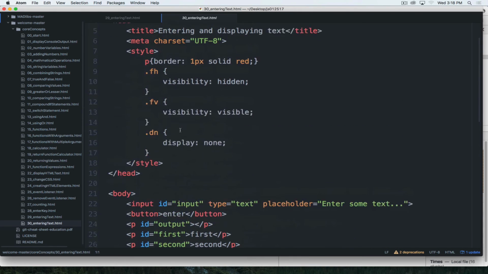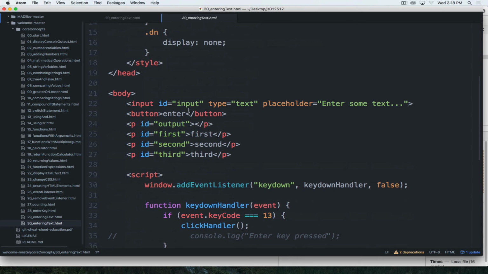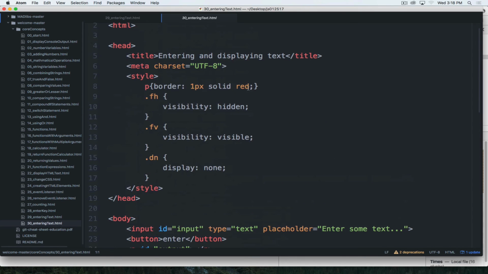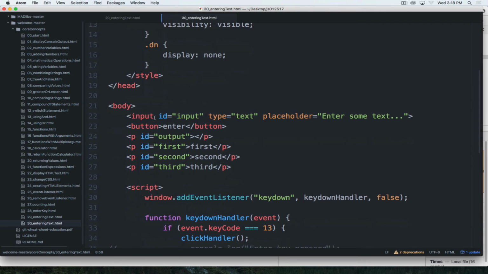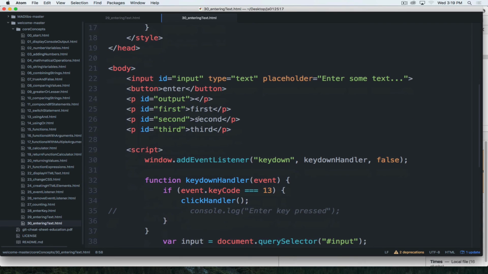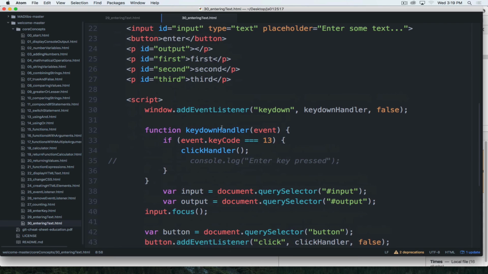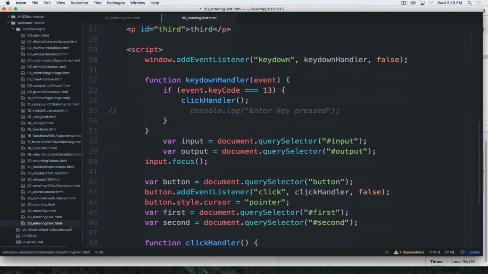But I can see I have some paragraphs here. And I'm going to just modify the paragraphs a little bit here, and just give them some height and width. With my paragraphs having a little bit of size, they'll be easier to see. We can see now I have an input, I have a button, I have 4 paragraphs, output, first, second, third. Now, if I hit the enter key, or if I click on my button,